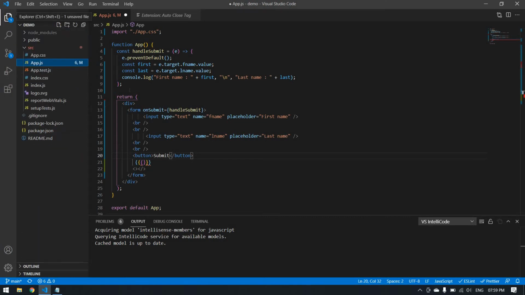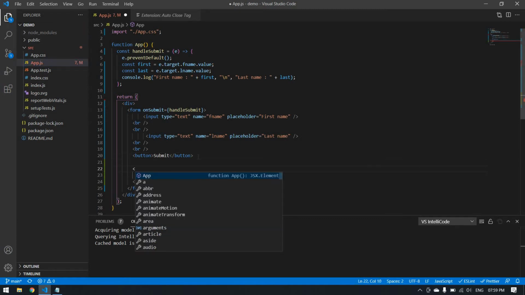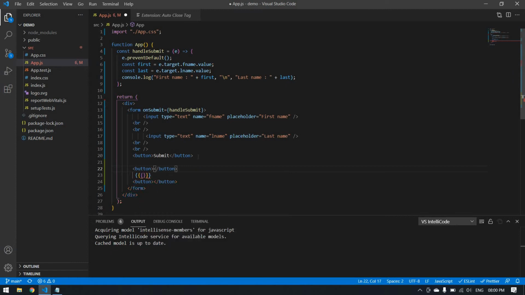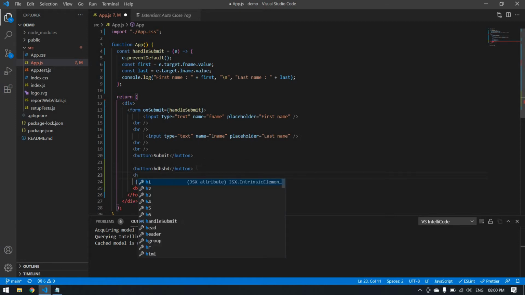Auto Close Tag means, if I type button here and click the greater than symbol, it automatically closes. I will click another tag, h1. I just press the greater than symbol, and it automatically closes that tag. Okay,